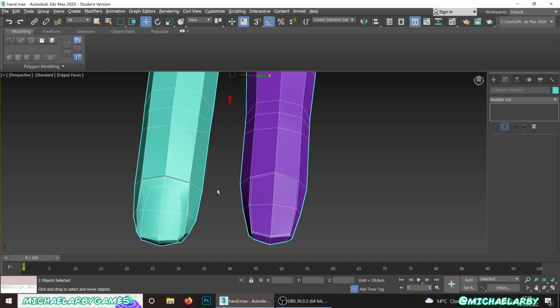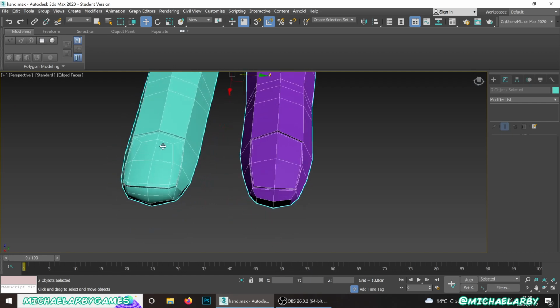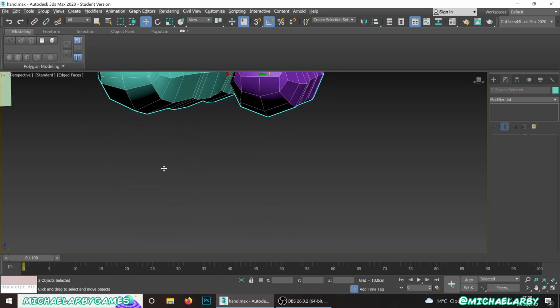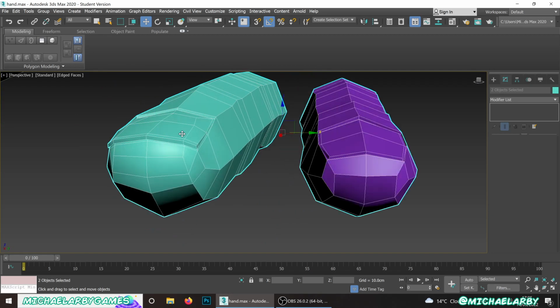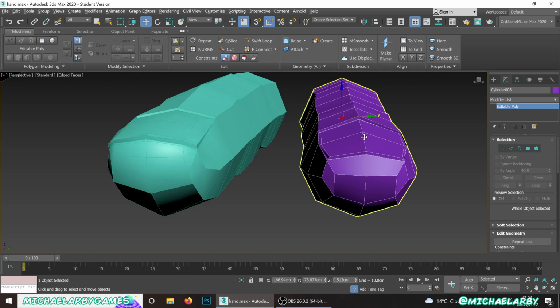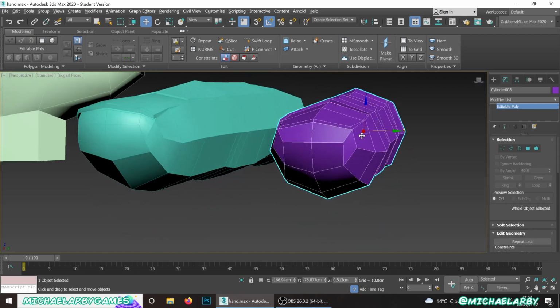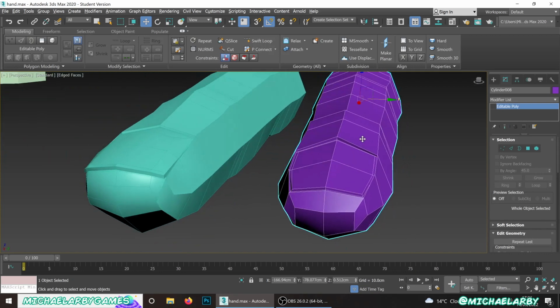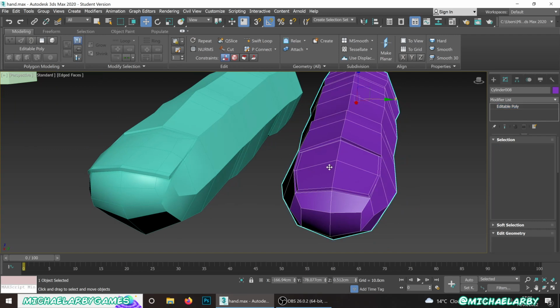So let's just compare both of these. You can see we've got an extra wee bit of geometry running through there, just down from the top surface, just down in here. Okay, so how do we do that? We are going to just select you, and our easiest way to do this is actually just select,